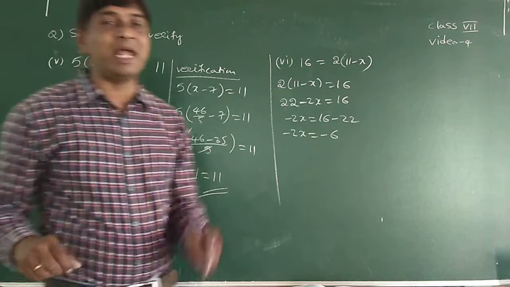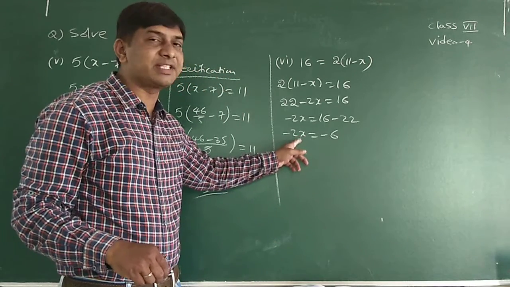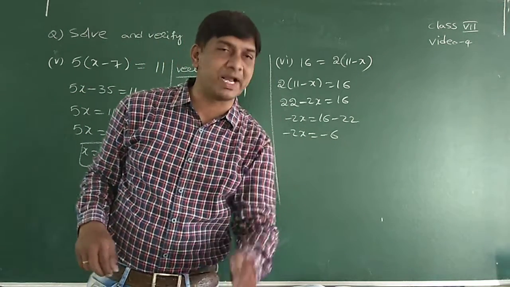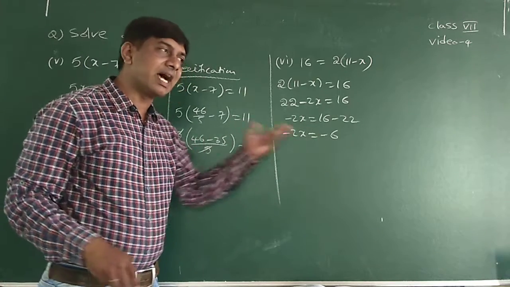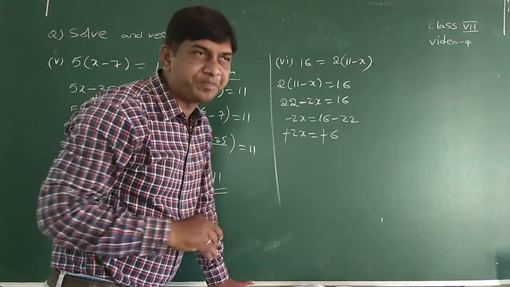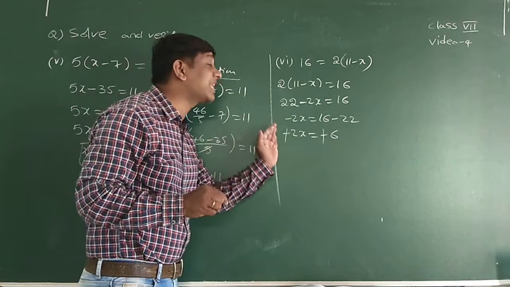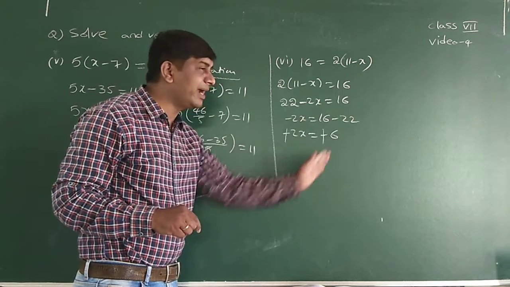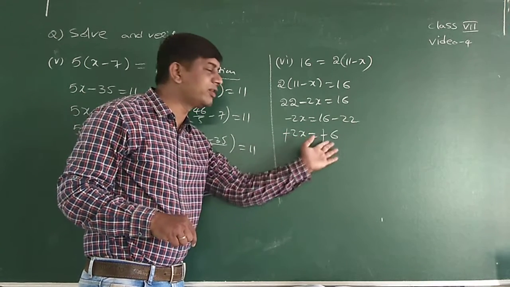Actually we have to multiply by minus 1 on both sides, because here the variable x is negative, no? To make it positive, we multiply by minus 1. Here both sides have minus. If I multiply minus 1 on both sides, or if I cancel this minus also, no issue. Actually, cancellation will not be... minus minus we can't cancel. Here I did the procedure where I multiplied minus 1 on both sides. Minus into minus is plus, minus into minus is plus. 1 into 2x is 2x, 1 into 6 is 6.